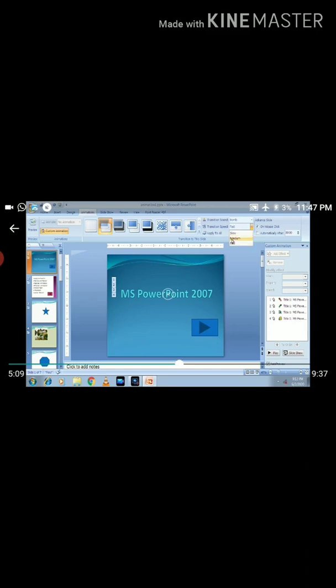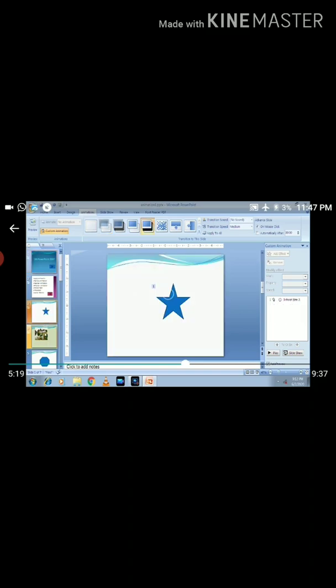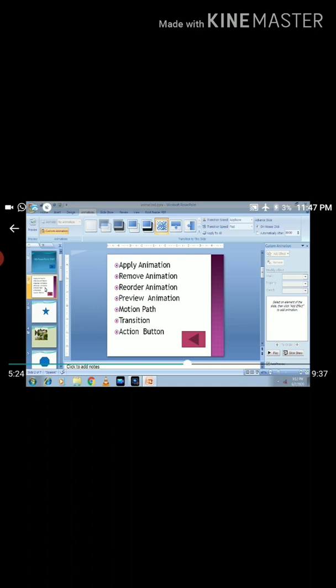The speed of transition can be fast, medium or slow. This is medium speed. Slide transition is applied between two slides.